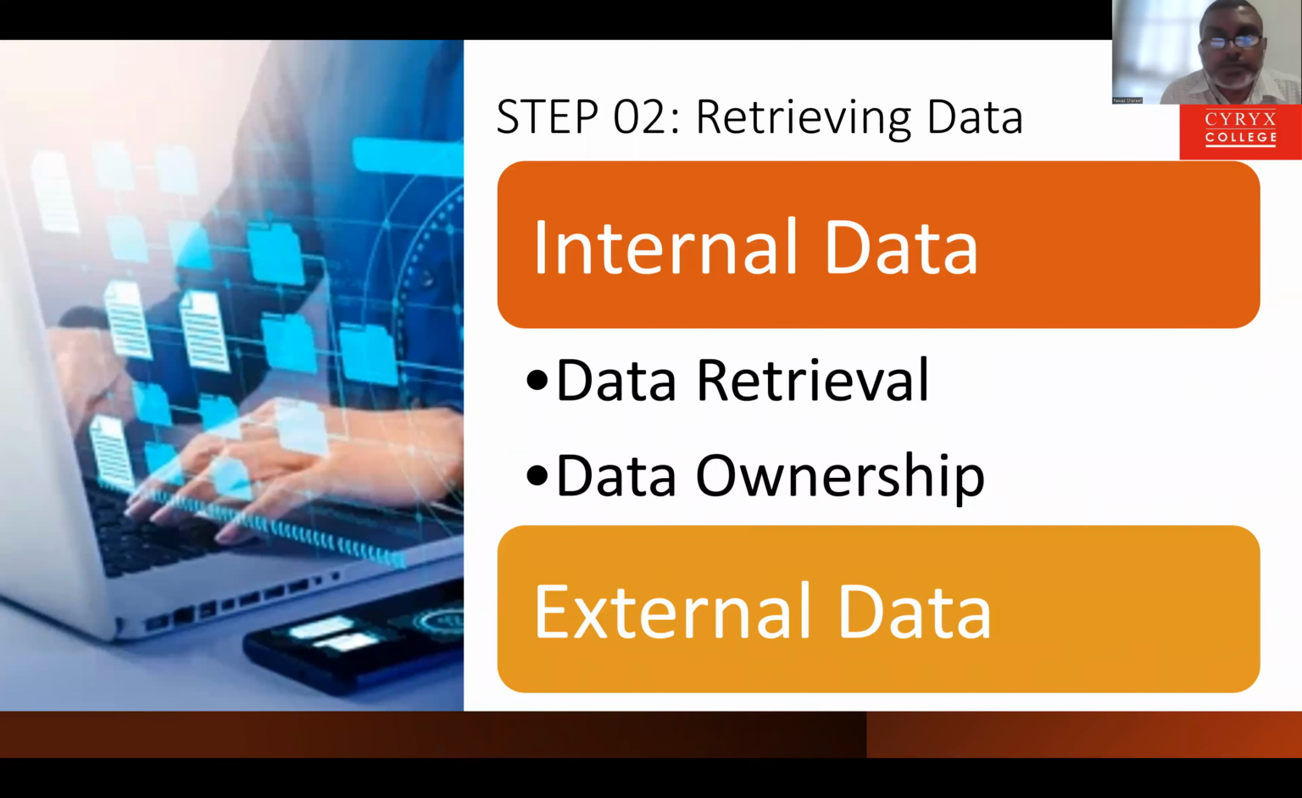So I was saying that in terms of retrieving data, there are two types of data, internal and external data. In the case of internal data, you will have to see how you can retrieve the data from the internal sources. And then also in the case of internal data, you will have to see the ownership of the data, who has